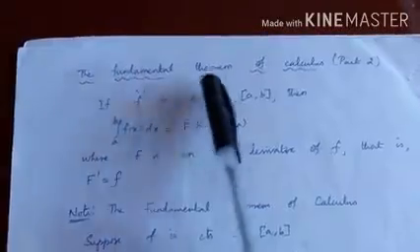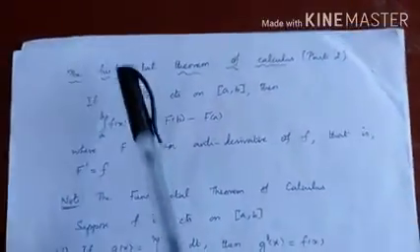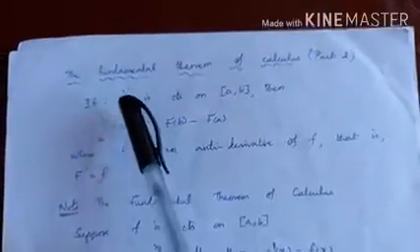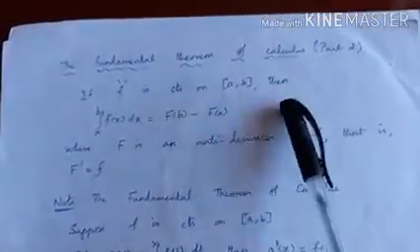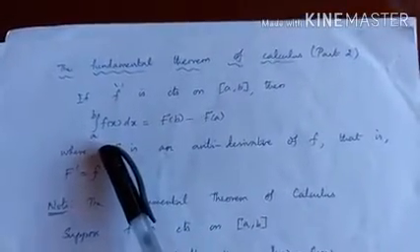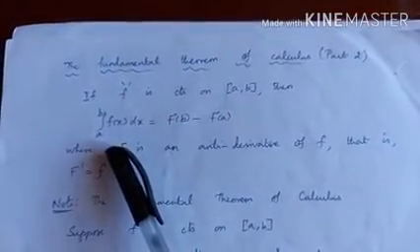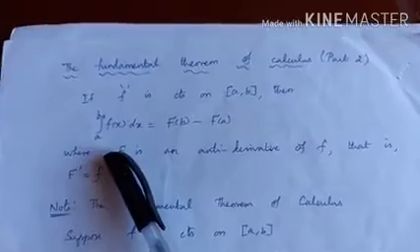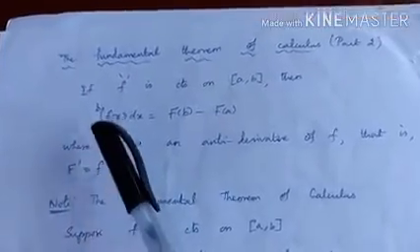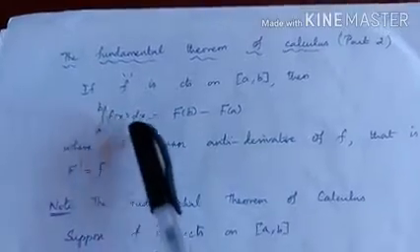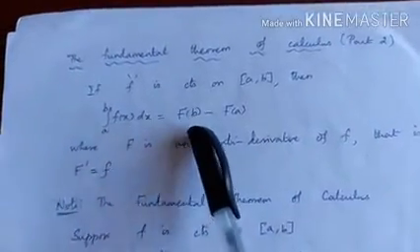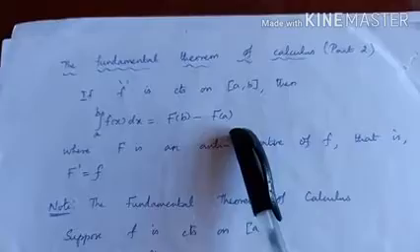Let us see now the fundamental theorem of calculus part 2. Like fundamental theorem of calculus part 1, here also the function f of x is continuous on the closed interval a b. Then what do we say? There we say g of x is the integral a to x f of t dt, where g dash of x equals f of x. Here we say, if the function is continuous, then the integral a to b f of x dx is equal to capital F of b minus capital F of a.